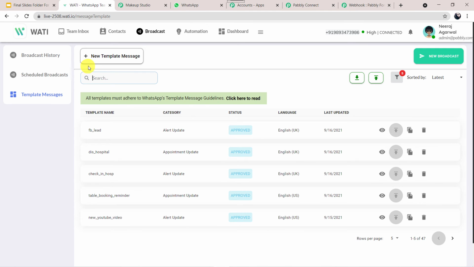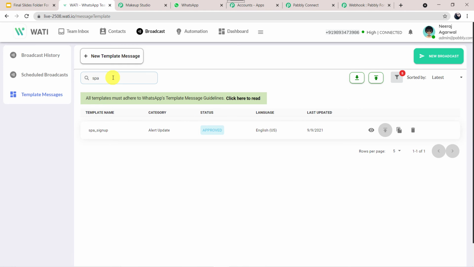So if you want to create a new template, you can click on this plus sign, new template message. After creating a template, we have to get it approved from Facebook, which is the parent company of WhatsApp. It takes 3 to 24 hours to get a template approved. So I'll just open the one which I have already created and got it approved.